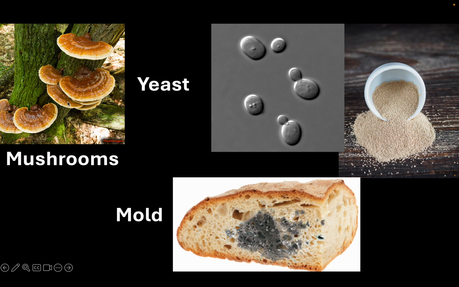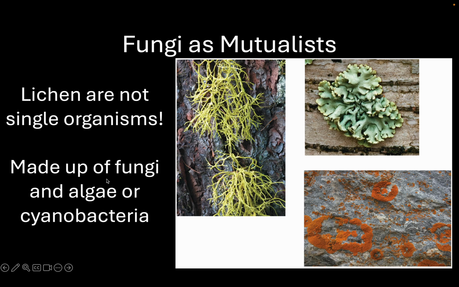And then actually right on the horseshoe, I think right now you can see some really big shelf fungi like this, or shelf mushrooms, growing on trees. And yeah, they're feeding on the trees or on the moss growing on the side of this tree here. But also, and this is really cool, fungi are part of what make lichen. And lichen are organisms that you'll see on rocks, kind of like this.